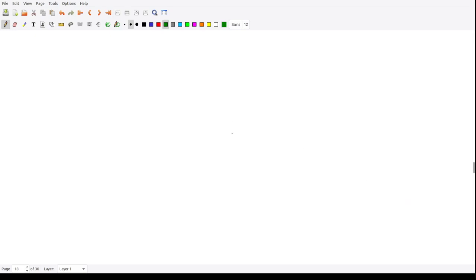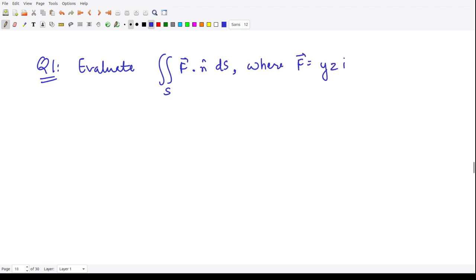So let's have a look at the question. The first question over here, question number 1, says you are to evaluate the surface integral of the vector F dot vector n dS, where the vector F is equal to yz i cap plus zx j cap plus xy k cap, and S is that part of the surface